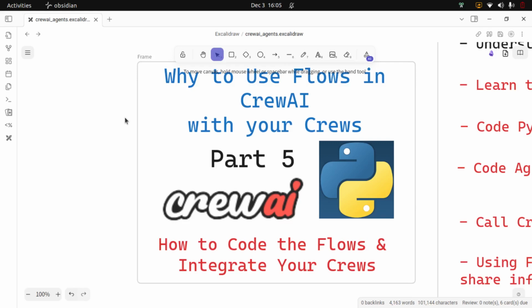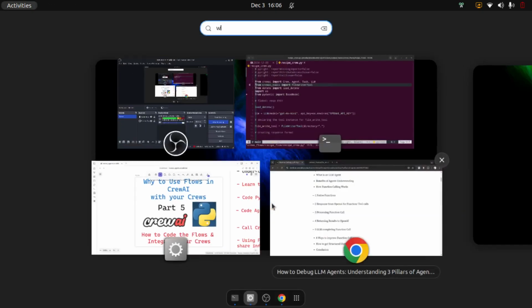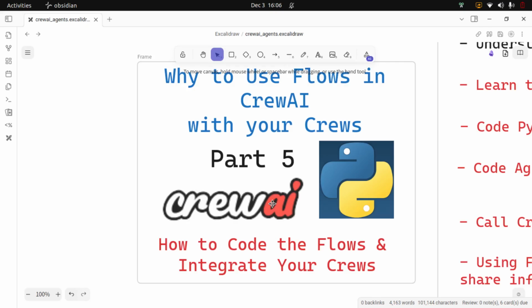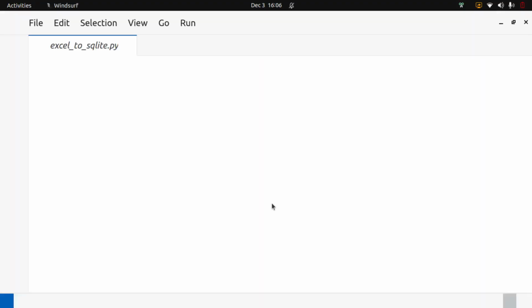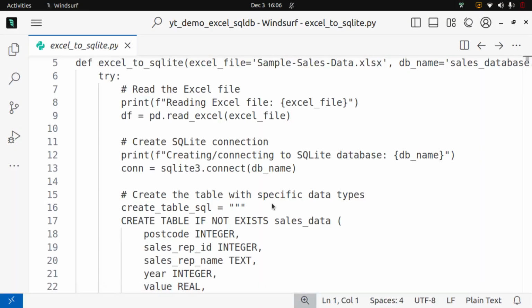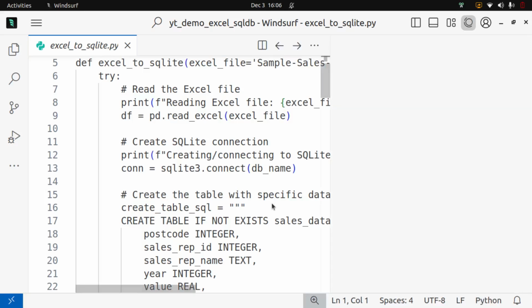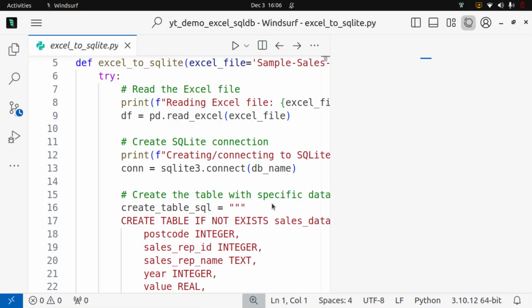So what we are going to do is something that I got fascinated with in Windsurf. Let me fire up Windsurf, and there is a feature called Cascade. If you have been following my videos, I have been trying to show you how the agentic nature of Windsurf can be implemented using CrewAI. So I got fascinated with this concept